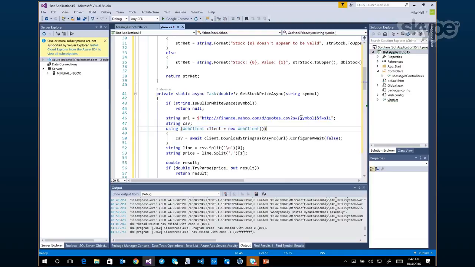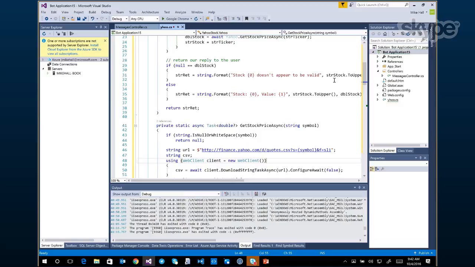The only thing that's missing here is the symbol that I'm interested in, which might be MSFT or AAPL or TSLA or something else, right? So all I'm really doing is calling the stock service, checking the result of calling that service. If I get a null back, then I'm simply saying the stock you gave me doesn't appear to be valid. Otherwise, I'm saying here's the stock and here's the value that I got back. So not a huge amount of code there.